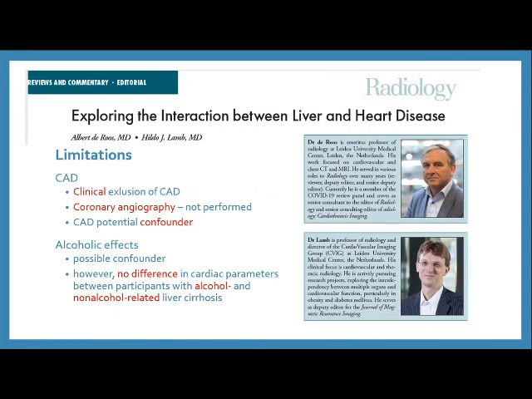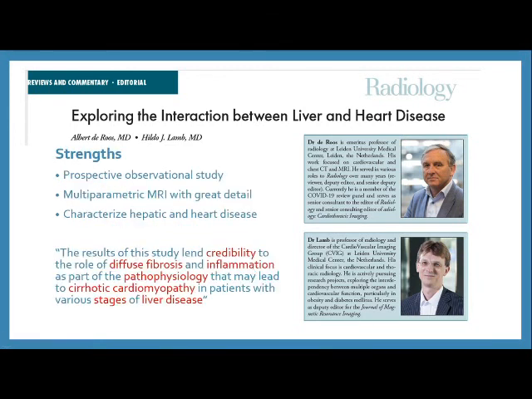But they reasoned that no difference was seen between the two groups, patients with alcohol-induced liver disease and those without alcohol as the etiology of the cirrhosis. Since there was no difference between both groups, they reasoned that it may not have been a significant confounder. Some strengths of this study: it was a very well-designed prospective observational study